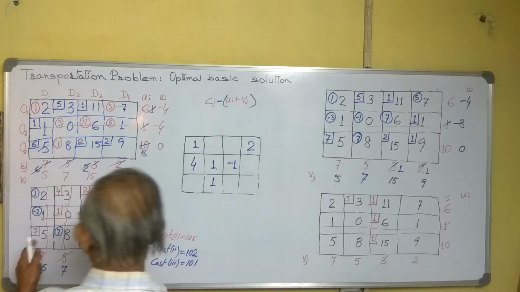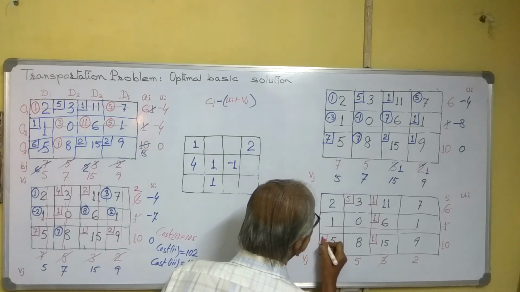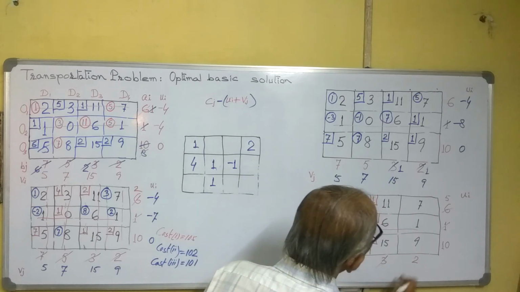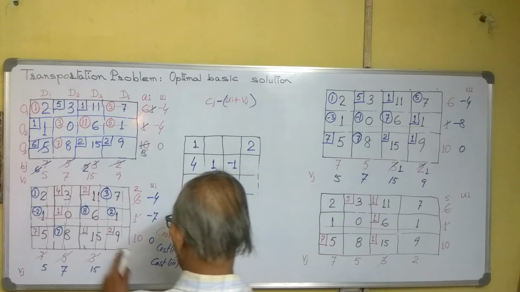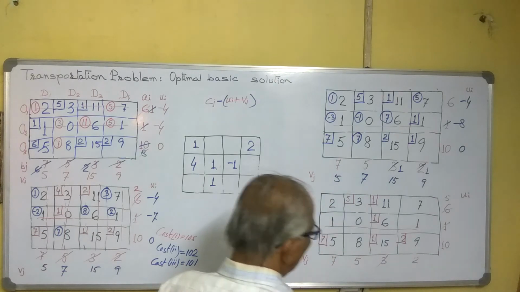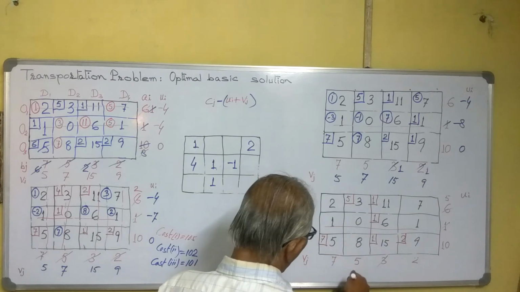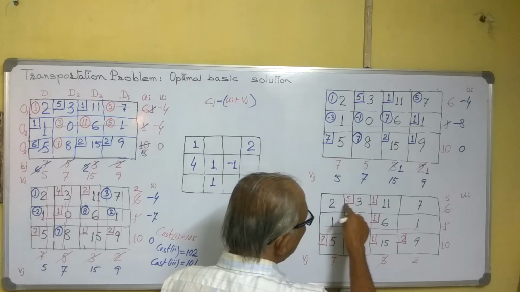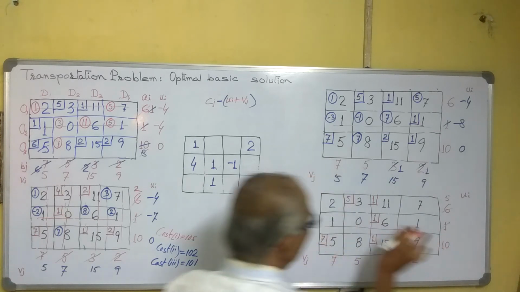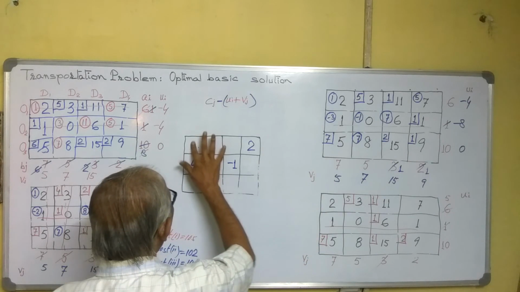Now here, what was there? Here it was 7. If we are keeping this 7, okay, this is okay, then this is also okay, 3, this is also okay. This cell, 2 was allotted here, we can allot 2 here. We can check it: this 2 is okay, 1, 1, 1, 3 is okay, 5 is okay, 7 is okay. On this side, 5 plus 1 is 6, 1 is 1, 7, 8 and 2, 10. This is okay.